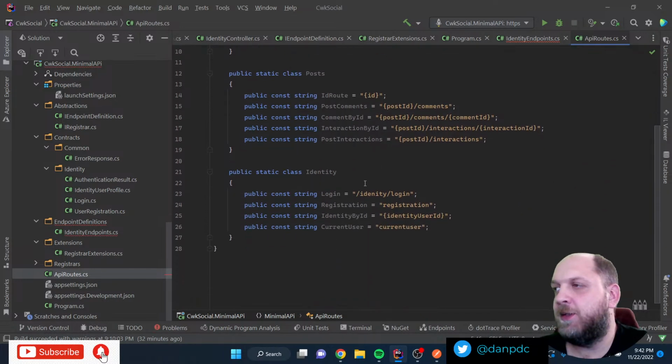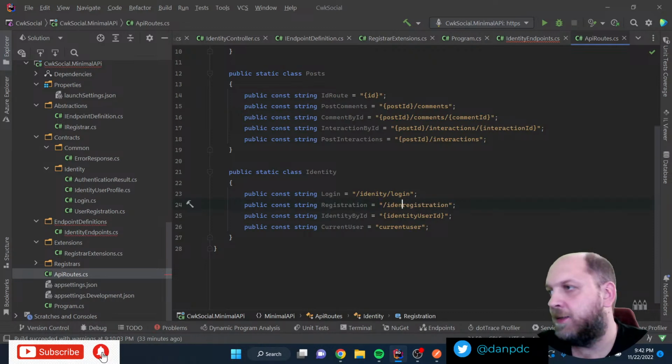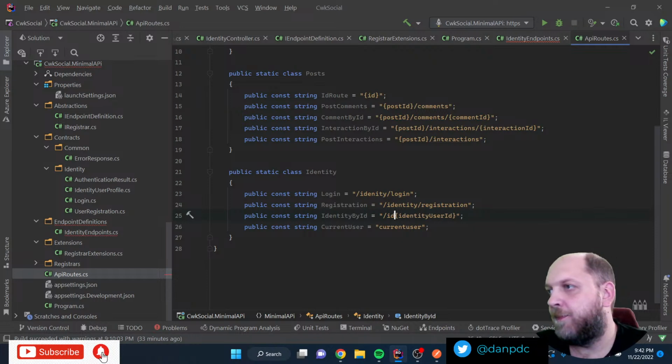So identity slash login. Here it would be identity slash registration. And here once again identity slash identity user ID, and we have also implemented an endpoint for the current user.